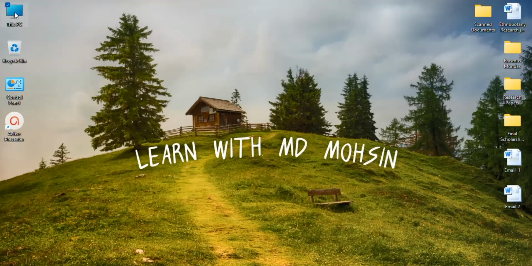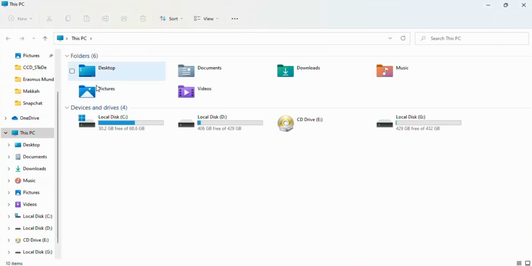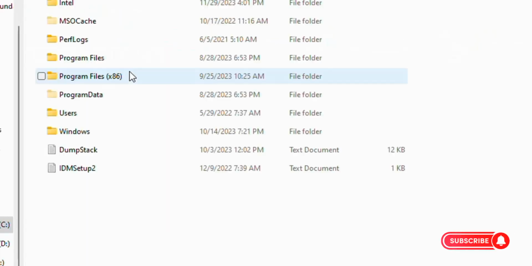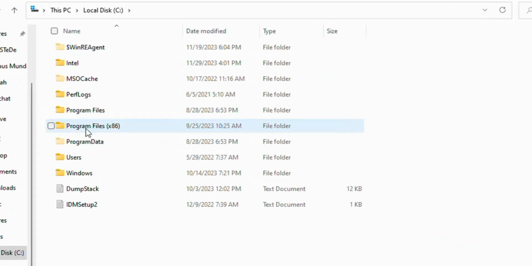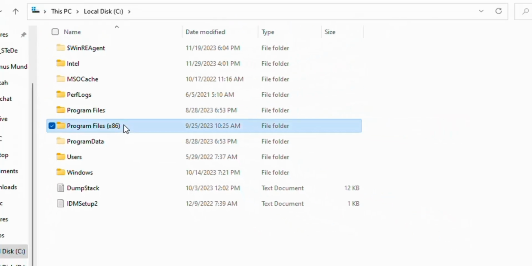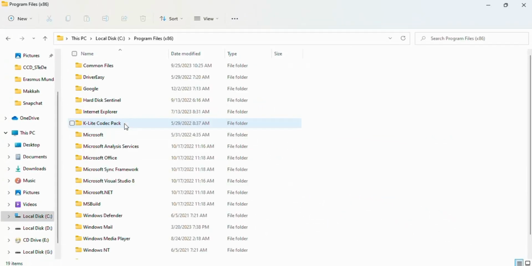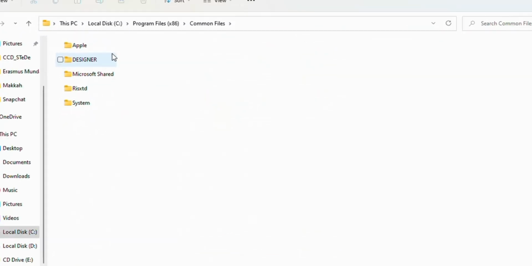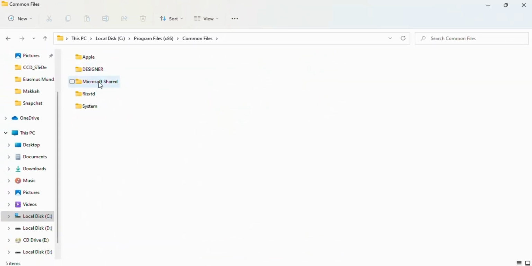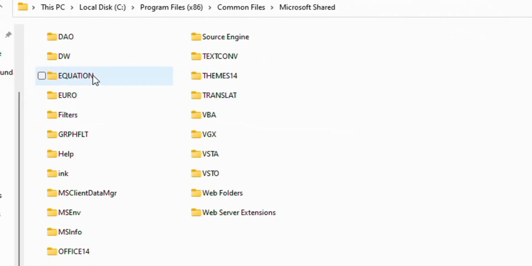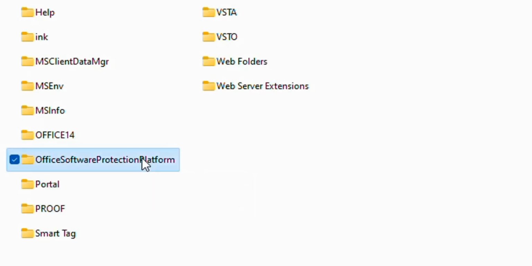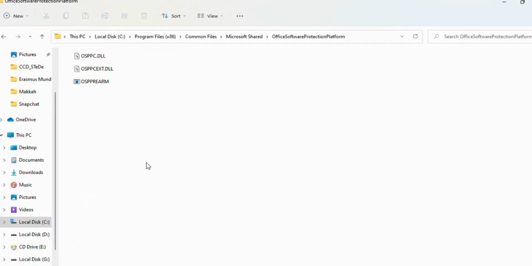First of all, open this PC. Now open local disk C. Now here you see Program Files (x86). Open this and click on Common Files. Now open Microsoft Shared and open Office Software Protection Platform. Here you see